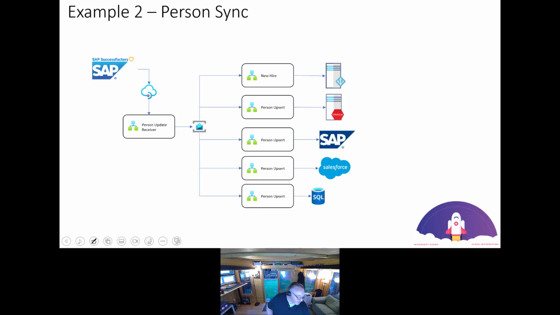In the next integration, at a high level, it's not really that dissimilar. We had events coming out of SuccessFactors about people, updates to their employee records and that kind of thing. We pub-sub them through Service Bus, and we basically plug and play all of these interfaces from Service Bus that will integrate person updates into different systems. So a new hire would be integrated into Active Directory. Every time there's an update, we update things like Oracle, SAP,